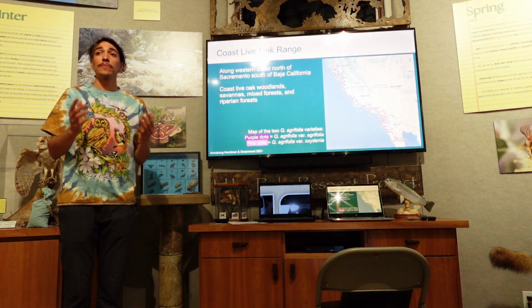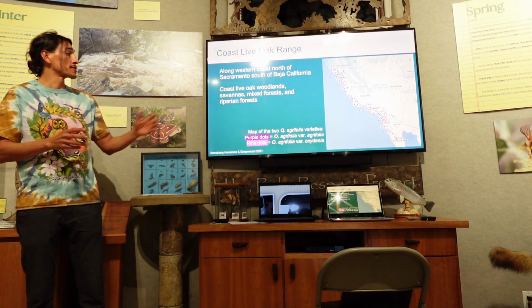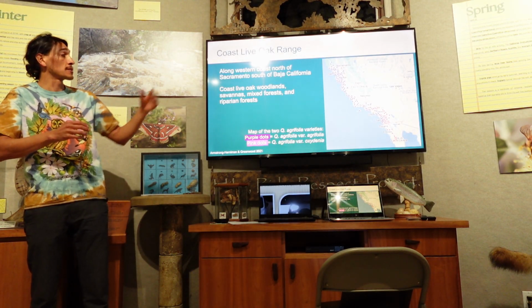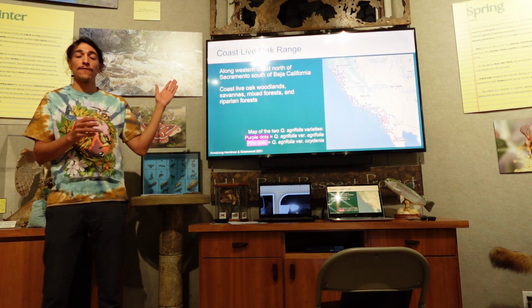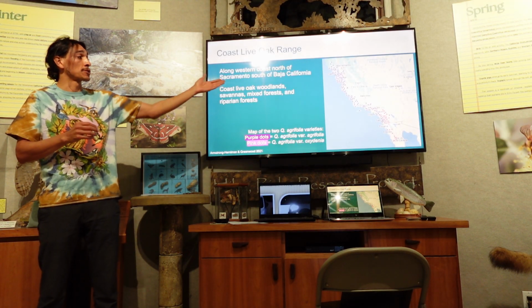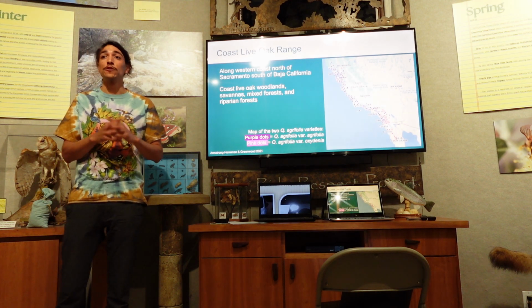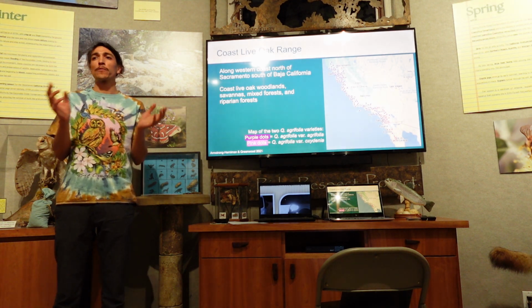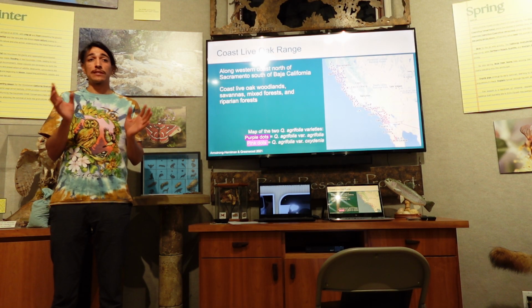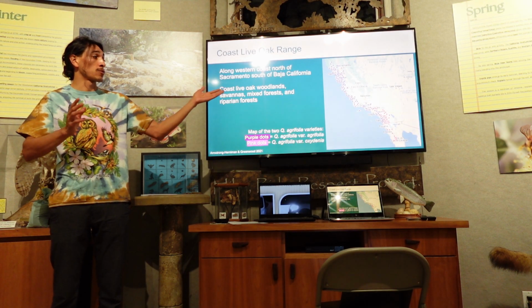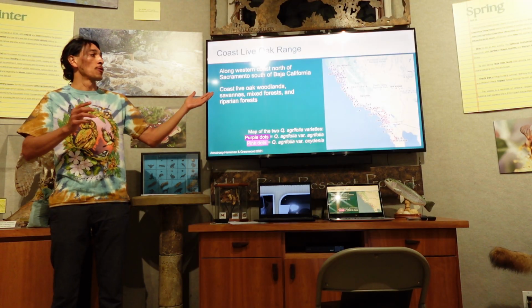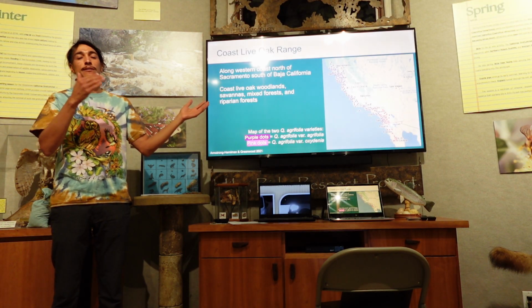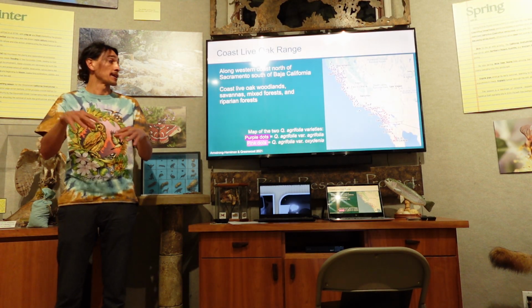And true to the name, coast live oak are found all along the West Coast, ranging from Northern California down to Baja California, as pictured in this map, which displays the two varieties of coast live oak as purple and red dots there. For the purposes of my research, I am not distinguishing the difference between the two varieties, but I just want to acknowledge that we do have both Quercus agrifolia and Quercus agrifolia oxyadenia here in California, or in San